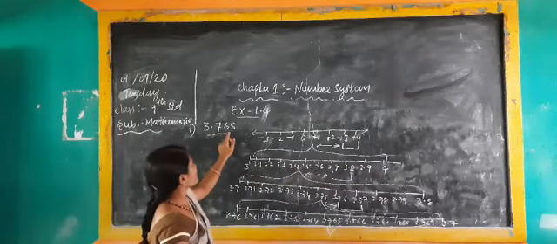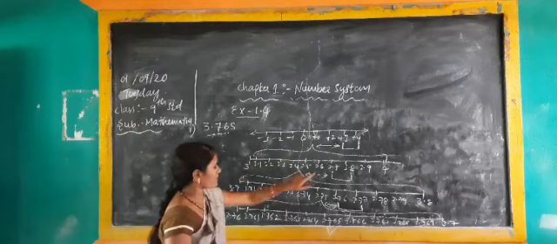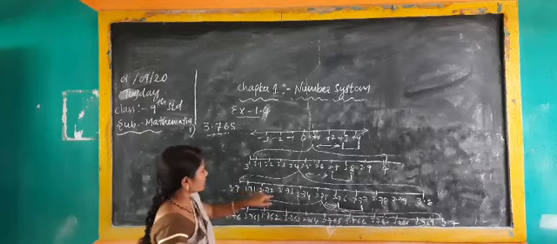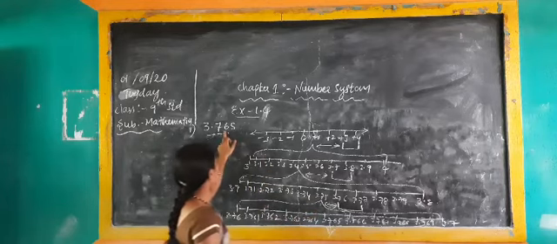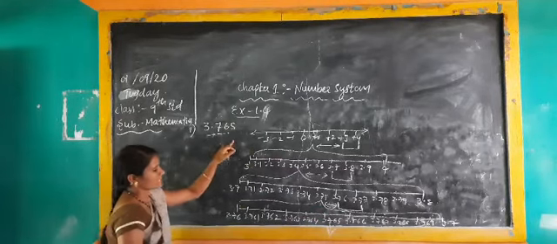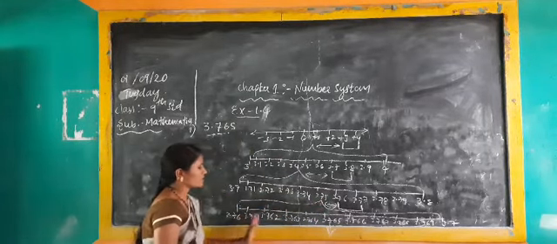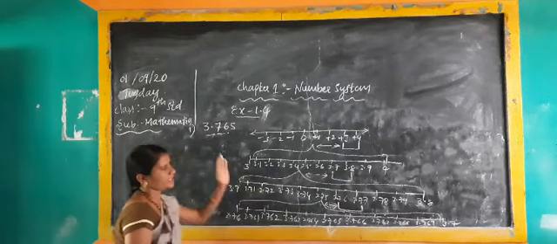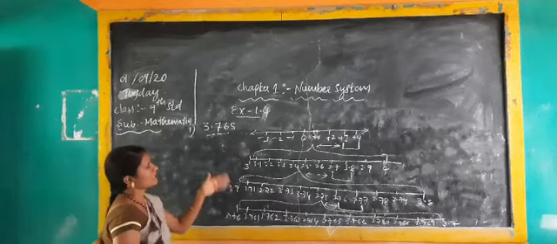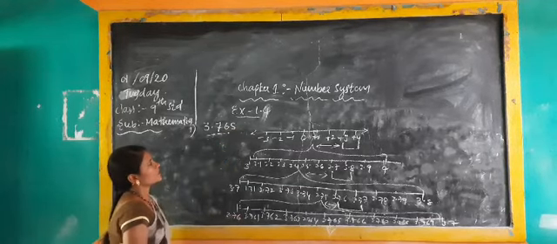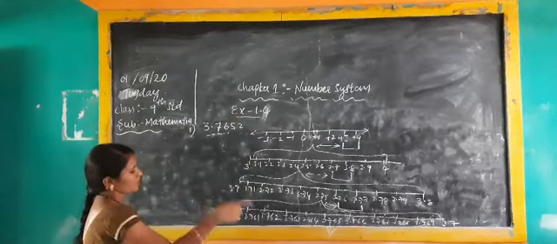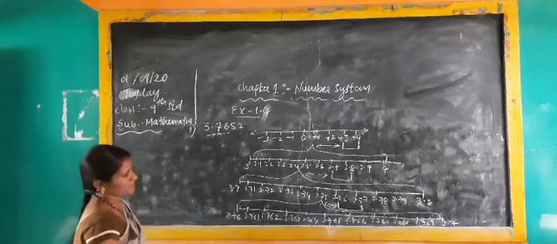Again they said 3.76 you should consider, means 3.71, 72, 73, 74, up to how much? I need 76 you should take. Again here, what is there? 3.765. Next you have to consider 3.765. It's easy. Like that you should draw 4 steps: 1, 2, 3, 4 steps you will get. If another digit is there, if they gave 2 or 3, you should draw another one and make these lines.